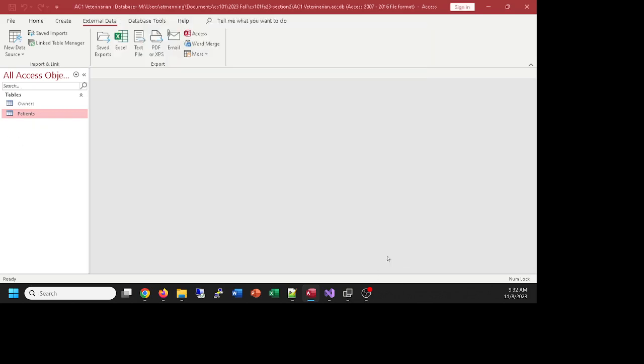And now, look at that. I've got 3 additional tables added to my database without doing any of the work of designing the tables or entering the data. Let's explore what we just got pulled over or imported. Let's first of all start in the appointments table. Click on that,